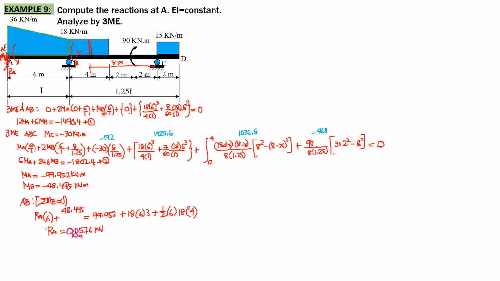Then plus 6 area 1A over E1, I1, L1. Since there's no load on A prime A, it is just 0. Plus 6 area 2B over E2, I2, L2. It consists of trapezoidal loading, and we divide this trapezoidal loading into rectangular loading and triangular loading. The intensity of the rectangular loading is 18 kilonewtons per meter, and it covers the entire span AB. And the intensity of the triangular loading at A is also 18 kilonewtons per meter, which is 36 minus 18.